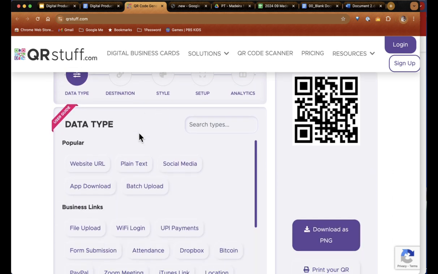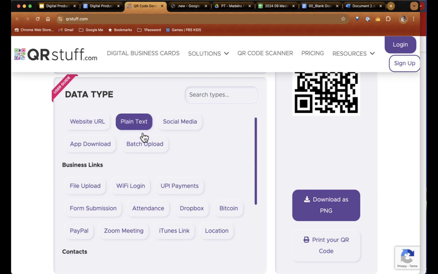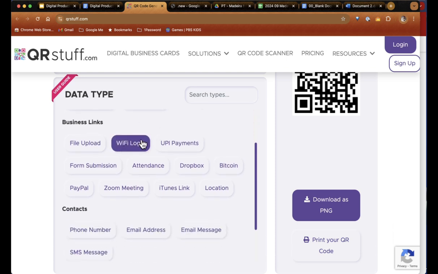QR codes can do all sorts of stuff. We're familiar with website URLs. We can do plain text, so if we have messages in there. This is one I use a lot: Wi-Fi login. When people come over to my house, especially if they're Android people, rather than my trying to give them that long, weird Wi-Fi name and whatever long string of numbers and password I've done, I can enter that